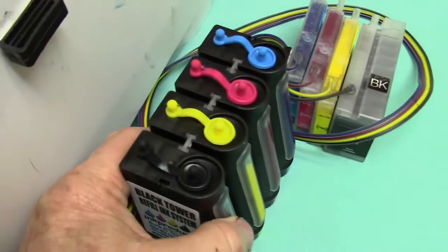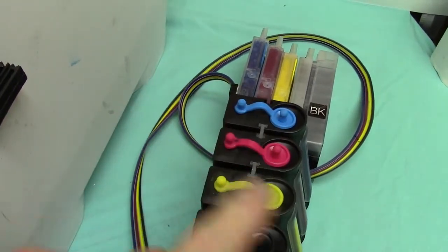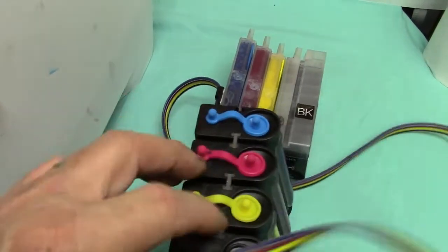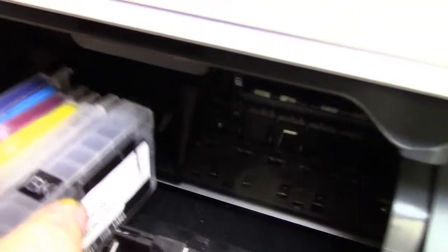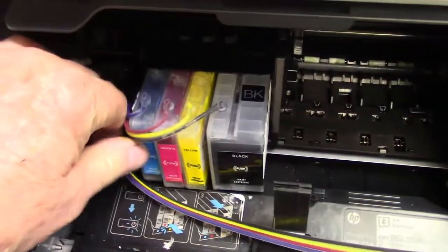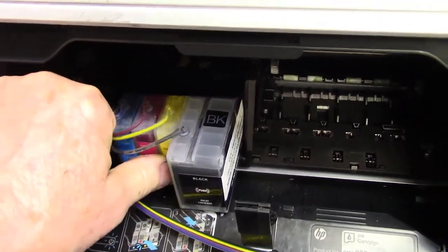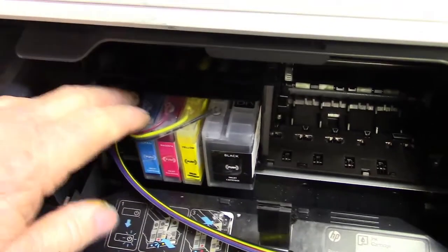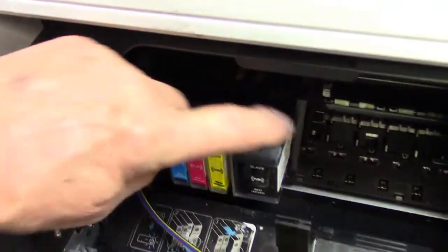Now after you balance the isobaric chamber on our ink system, our black tower system, make sure all the plugs are in till the cartridges are in the printer. You're going to pick them up, one solid block, and then you go down and you're going to take your time sliding them in. And once you get them in, take your time. Now these cartridges hold a lot of ink, so does the ink tank itself. And we're going to push it all the way over